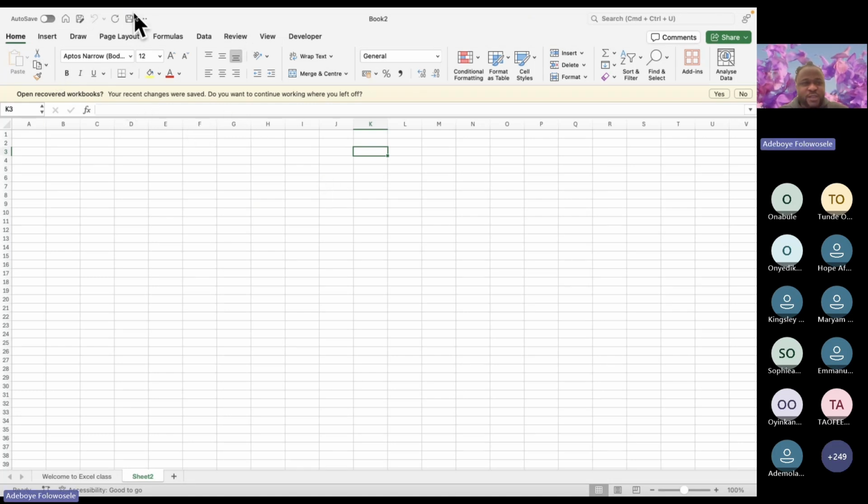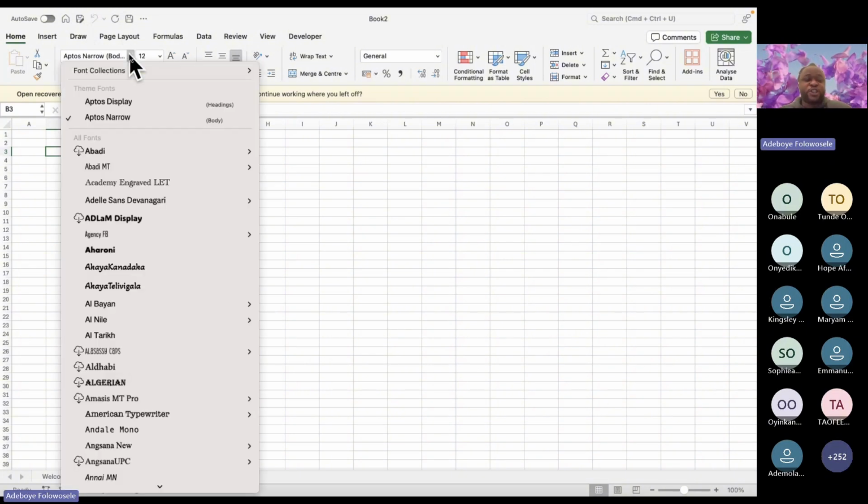That's that about that. Now another thing that is very, very important is this is the home tab. Like I said, it depends on the one you are using, whether it's 365, Excel 2019, or something like that. In every Excel sheet you can change the